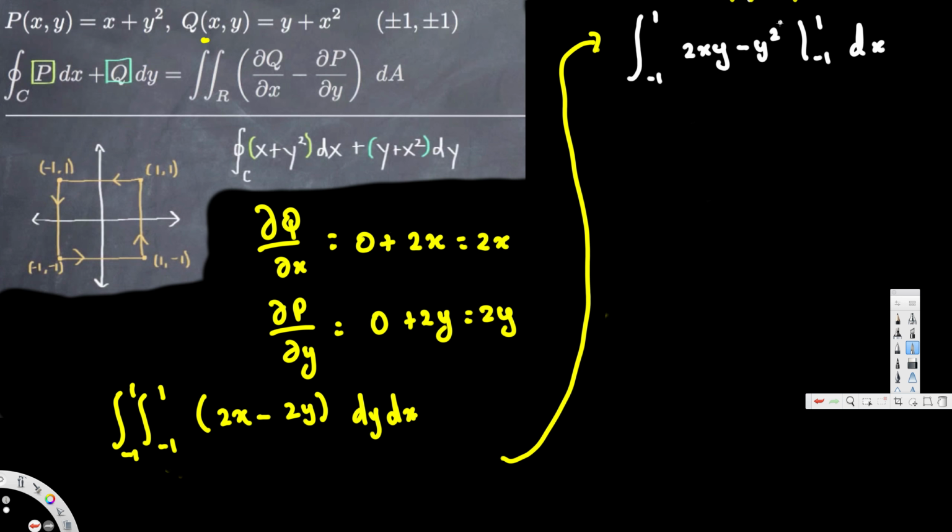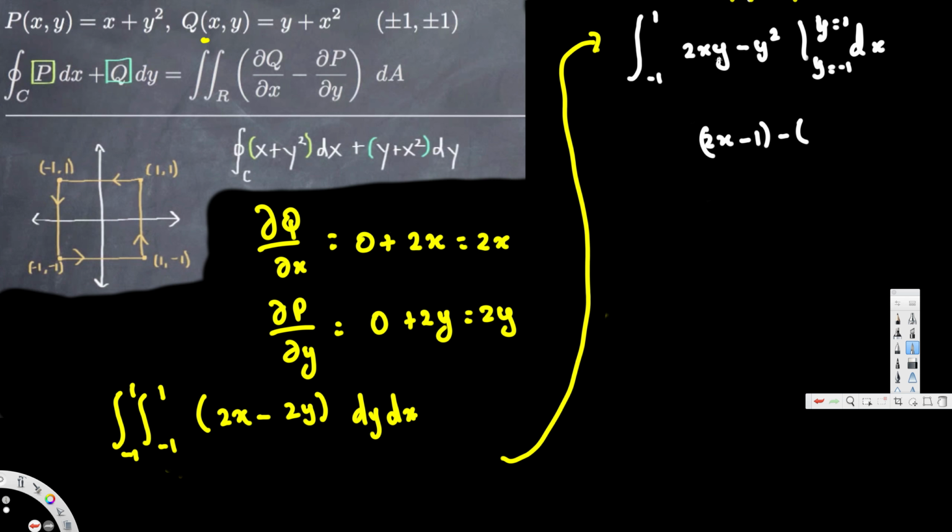Here we plug in the values. It's better to write y equals 1 and y equals negative 1, otherwise you will mix things up. Now let's plug the values. Here we have 2x times 1, that's just 2x, and if we plug 1 for y², this is just minus 1, then minus